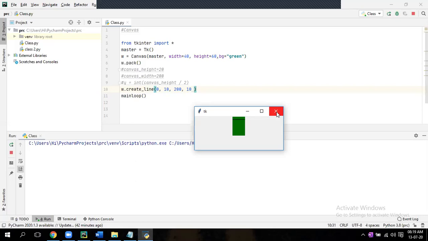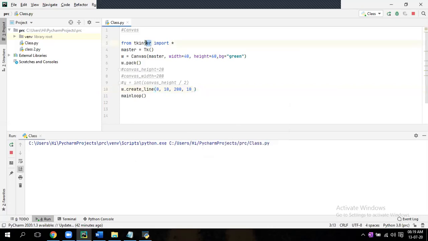But in an interview, they will not ask about this program and all. They won't ask this one much, and they won't ask this kind of questions. The main questions they will ask are in the programs.